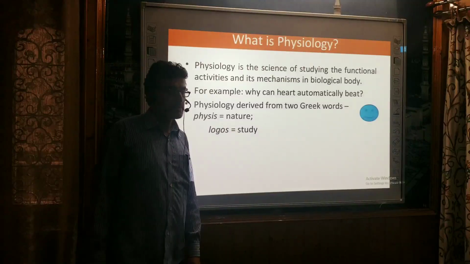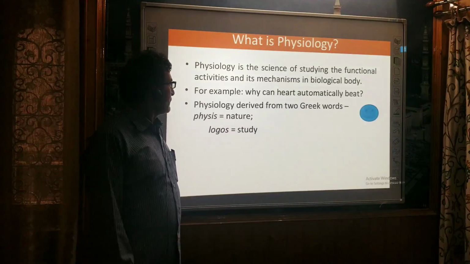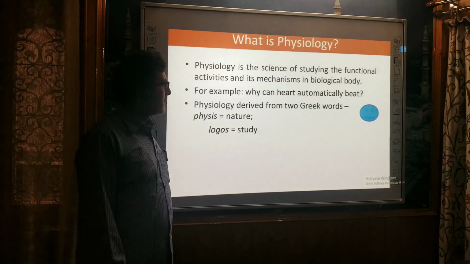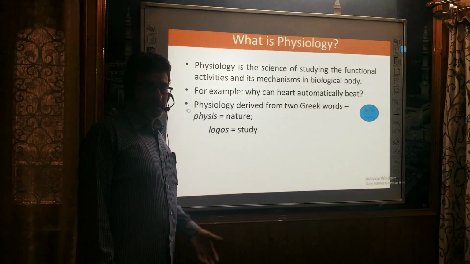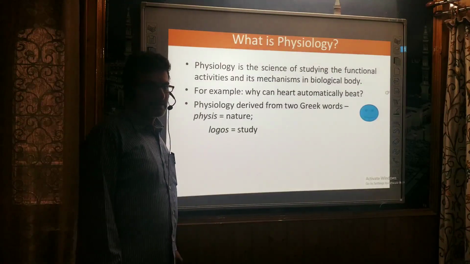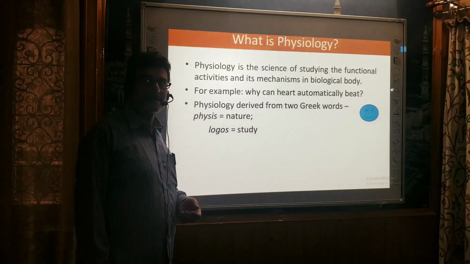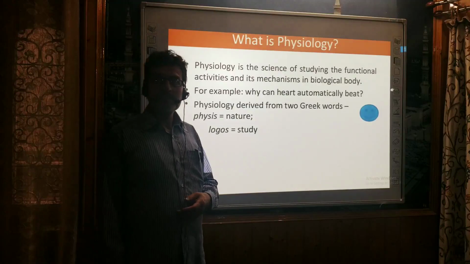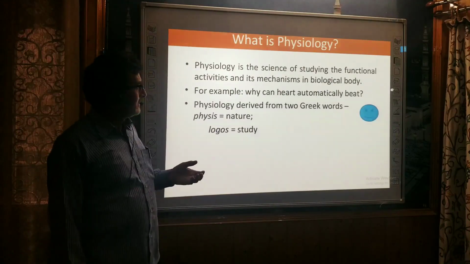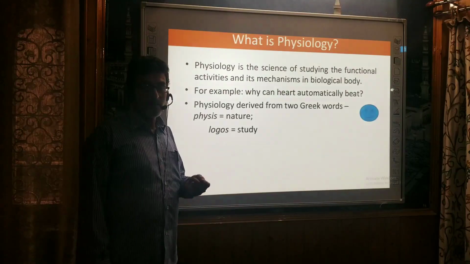Topic is what is physiology. So far as the science of physiology is concerned, our body is composed of different systems. System means a number of organs. Each organ is basically composed of cells. What is a cell? As we have already discussed in our previous lectures, we are composed of millions and trillions of cells. One normal human being contains trillions of cells.